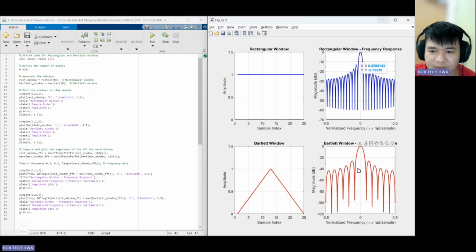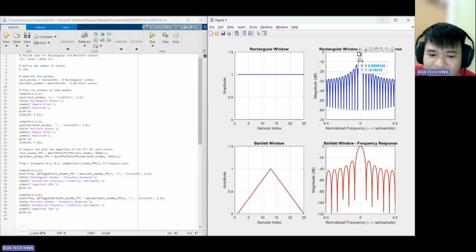Then the Bartlett window has a wider main lobe width. So this will limit the Bartlett window's ability to resolve closely spaced frequencies, and hence this will also decrease the frequency resolution. So for the side lobe,